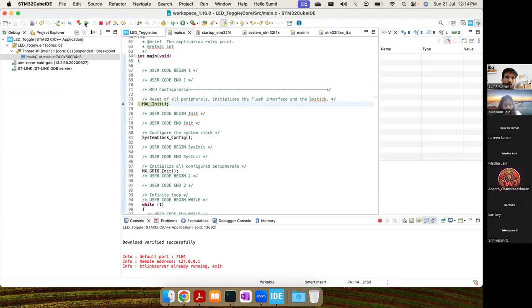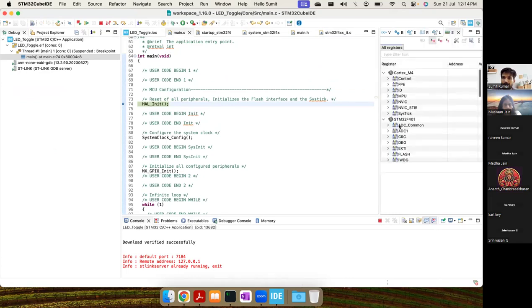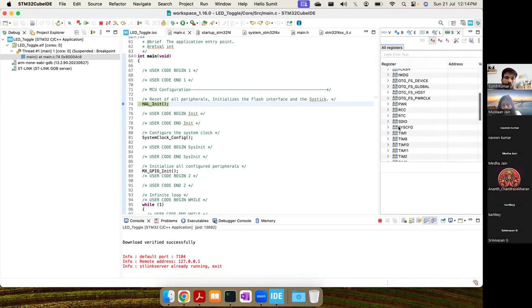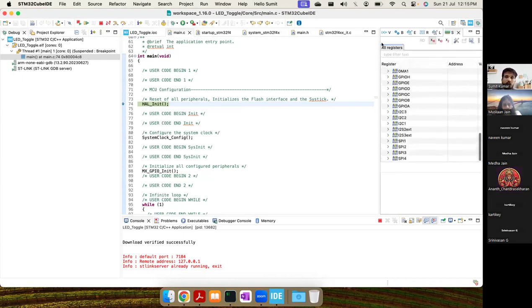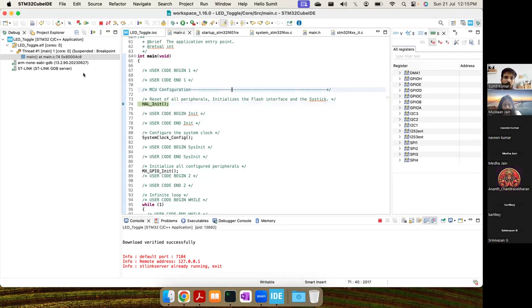Now, either you can give a free run, or you can step into, step over, all these debug features you can use. You have the variable expression window here. You have all the registers, the SFRs, all the registers are here. You can take a look into what values are written on these registers. So you can just play around in the debug mode. I will just give it a free run, and I can see my LED